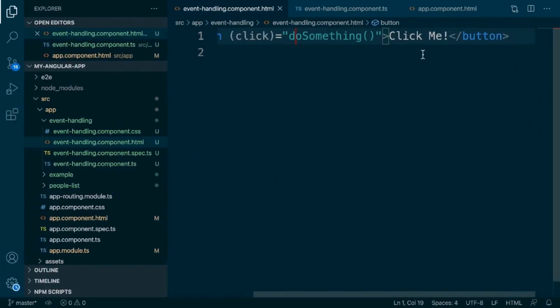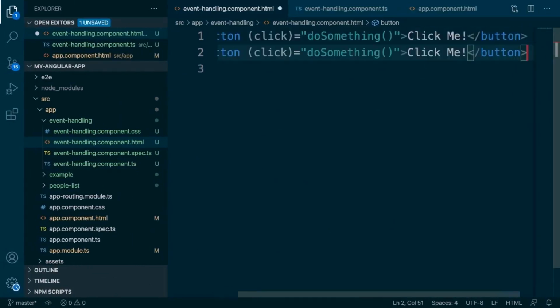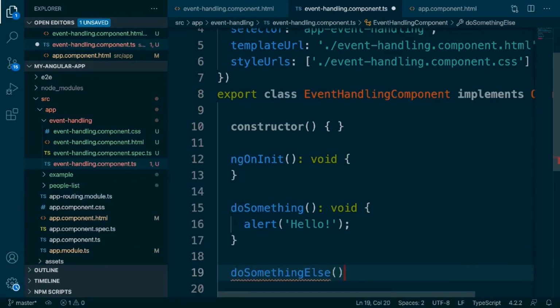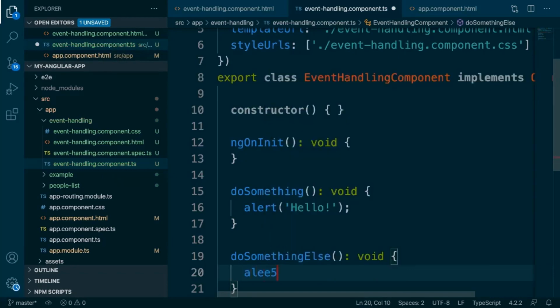right? So if we wanted to create another button here and have it call a different method, maybe do something else, right? And then we would define a do something else method inside of here. And maybe we'll just have it display an alert that says goodbye. Okay. In that case, we're going to see that if we click on one of these buttons, it calls the corresponding